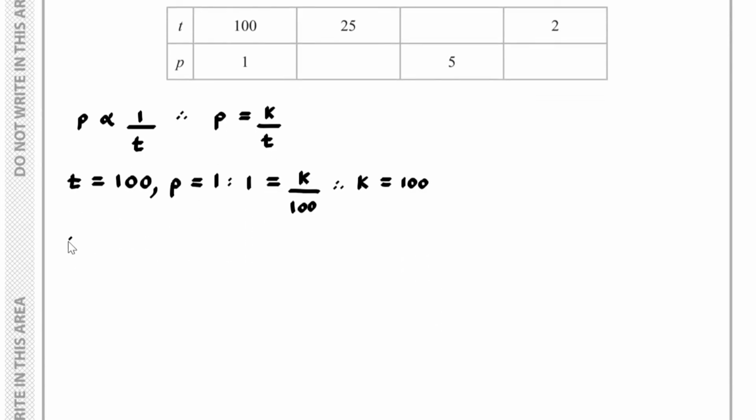So that means our formula for P is equal to 100 over T. Now when T is equal to 25,